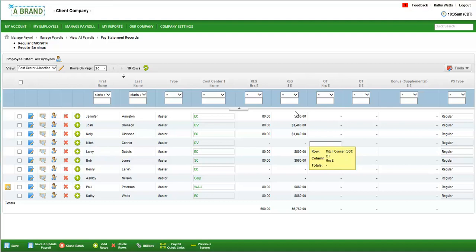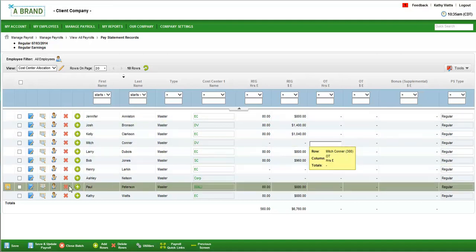Now let's talk about how we can go about editing our batch. We have a concept of payroll alerts, which can be set up on a global or individual basis using effective dating. These alerts can even require a sign-off to ensure that nothing gets overlooked during the payroll process. A global alert might be set up to flag when an employee is being paid over a certain dollar amount, while an individual alert would be set up to remind a user of something that needs to be done on